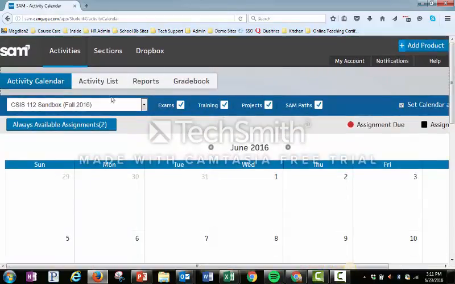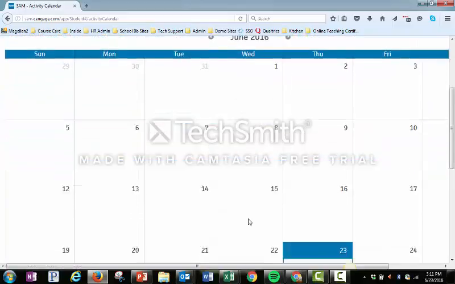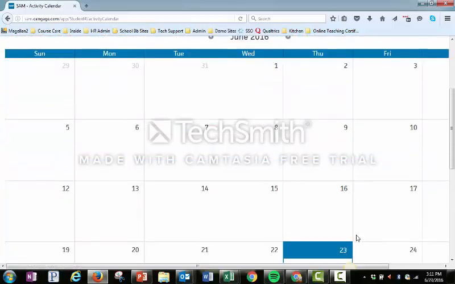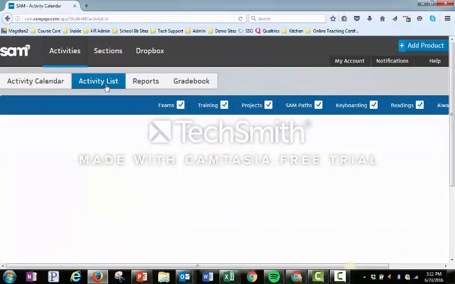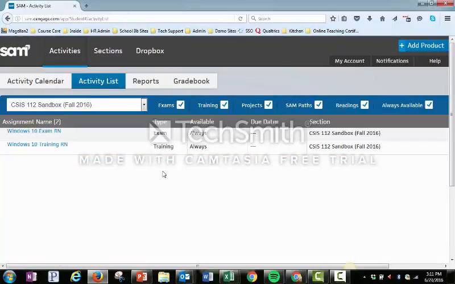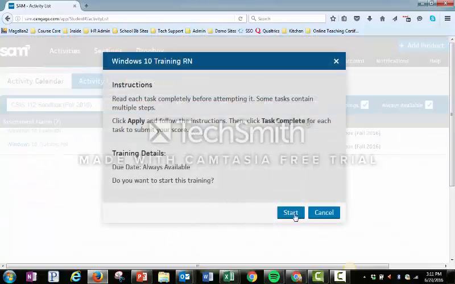And then under this would be a calendar. So should I have put due dates on here, then I could have seen it by the calendar, but I'm just going to look under the activity list, and under the activity list you can see that there's my exam and there's my training. So if I click on the training, which is the first thing really that a student would do,